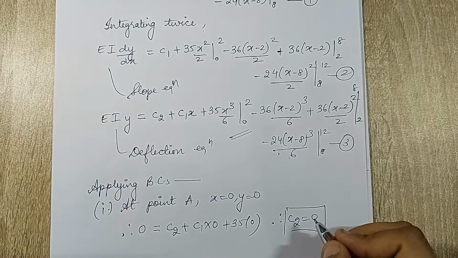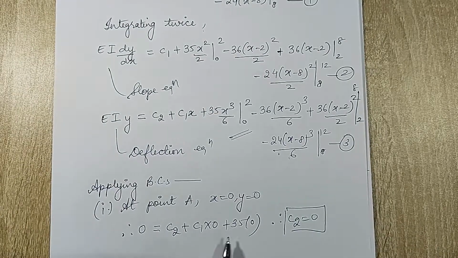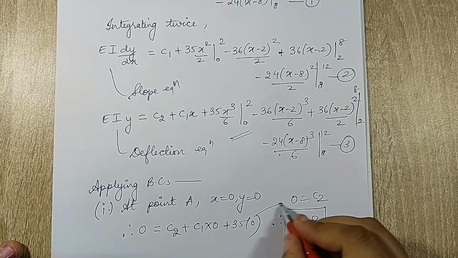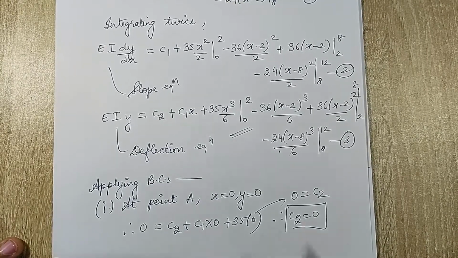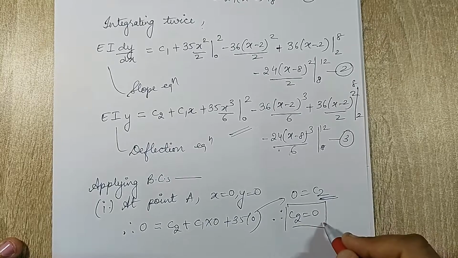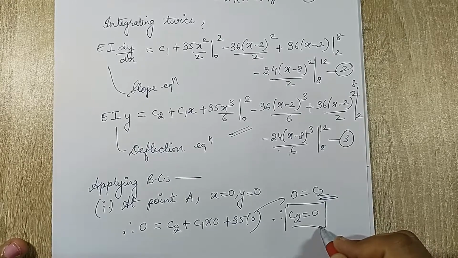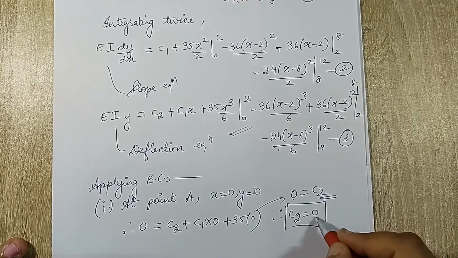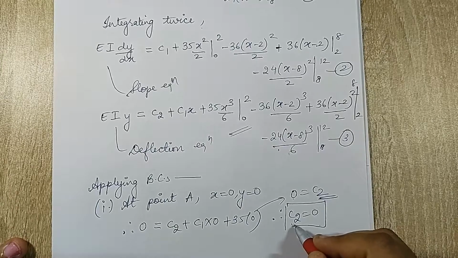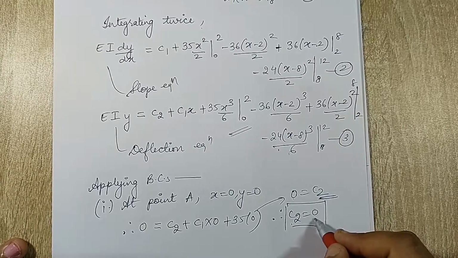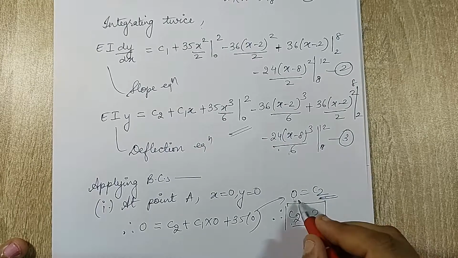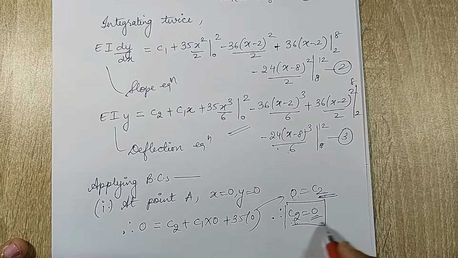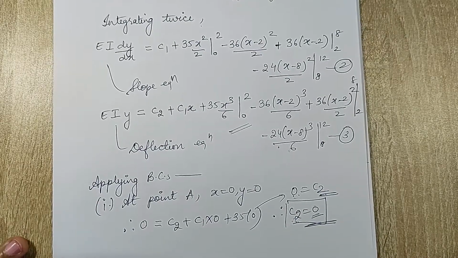Here at this time I want to add one more point, that if you look at this equation, some students generally tend to write 0 is equal to C2 because this is something which is very evident from this equation. But do not write or leave it at this point. Always write C2 is equal to 0. The reason being, this number cannot be allocated a variable like this. You can allocate some number to this variable or constant, whatever it is. So here it is a constant, so you are allocating a number to this constant. This means a number is getting a constant as a value. Here it means a constant is getting a number. So this is the correct way of leaving the answer.